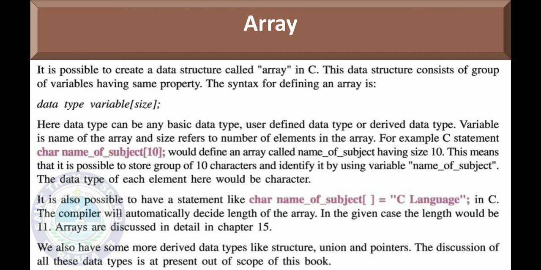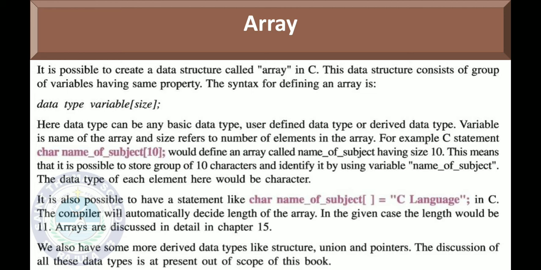Then only we can use the array to resolve that complexity. So what is the syntax of array? Syntax is very important, students, because syntax is just like a grammar. If in the grammar some sentence is there, how to write the past tense? Past tense has a proper format. It has the rules that in the past form we have to write like this only. We have to use this word only in the past tense. So same as here in C language also, each and every new concept has its own syntax, and in that way only you have to use them.